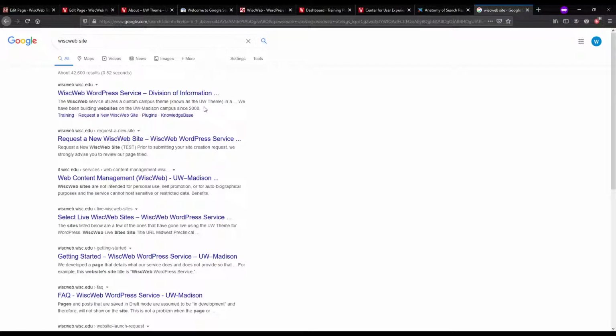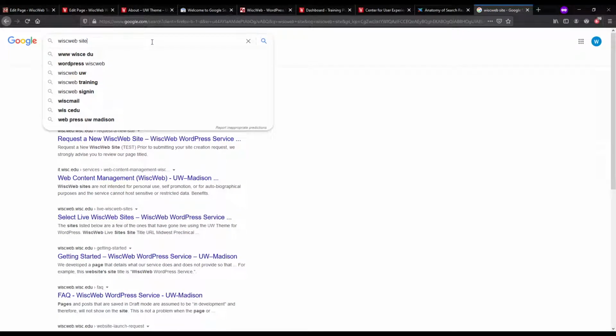Content is king when it comes to what Google is going to consume when it gets to your site, because there's more content than just title and URL. The more it can consume, the more it can use as part of the algorithm for the search results.